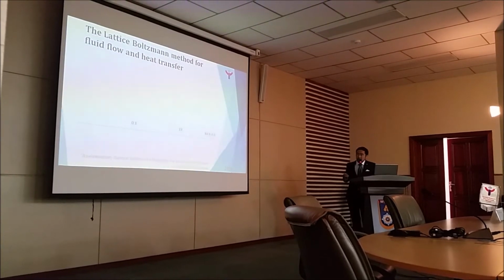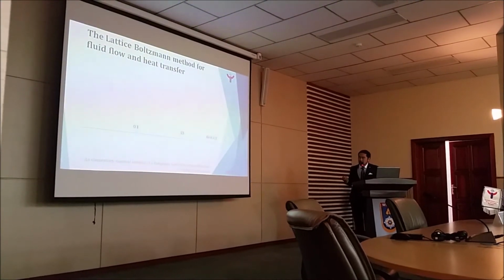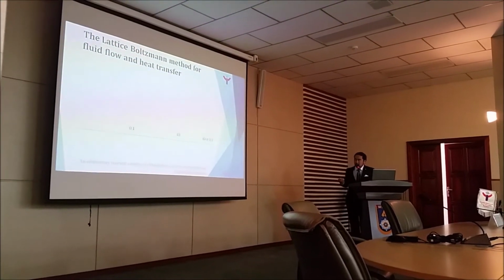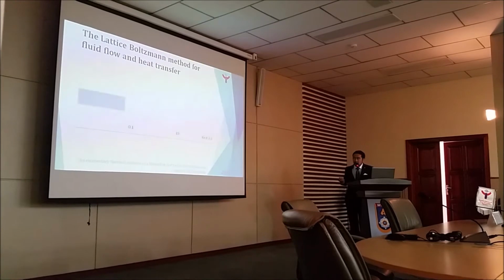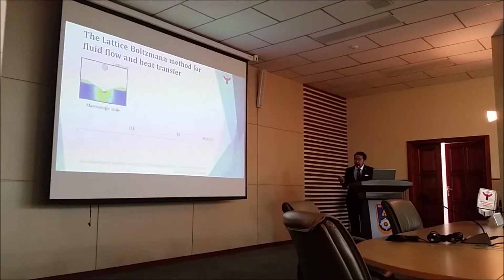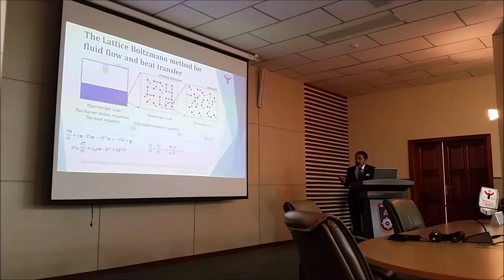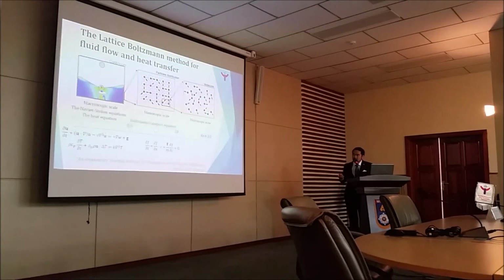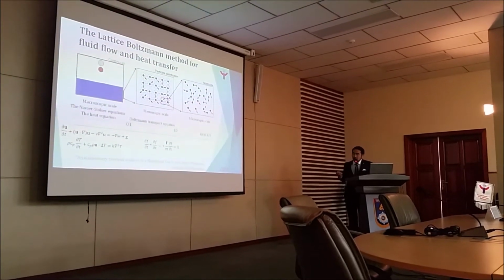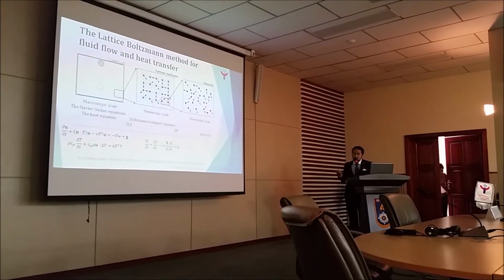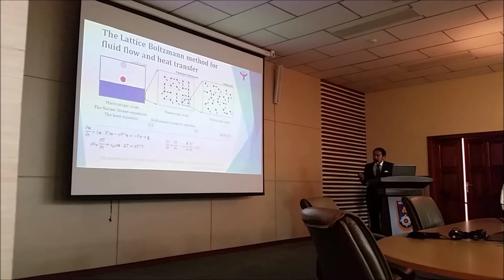So let me introduce lattice Boltzmann method on the scales. This scale is based on the Knudsen number, which is the ratio between mean free path of molecules to the characteristic length of the problem. And there are three scales, as I said: macroscopic scale, mesoscopic scale and microscopic scale. We know the macroscopic scale because we live here and we can touch and see this scale. And we also know microscopic scale, this is the nature of the molecules. So between these two scales, we have mesoscopic scale, and in this scale,